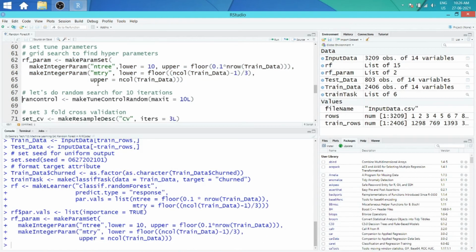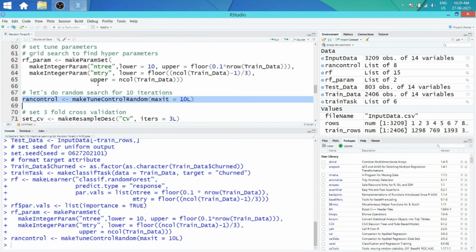Then we are going to take 10 iterations for fine tuning of the parameters. That is 10 times the parameters are chosen from the grid of the data.